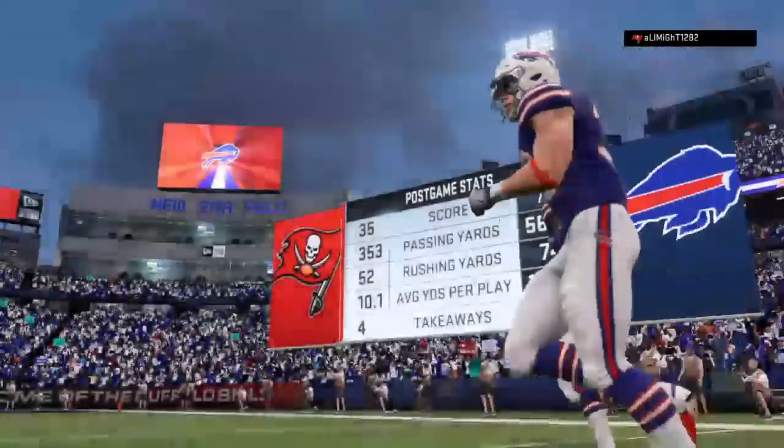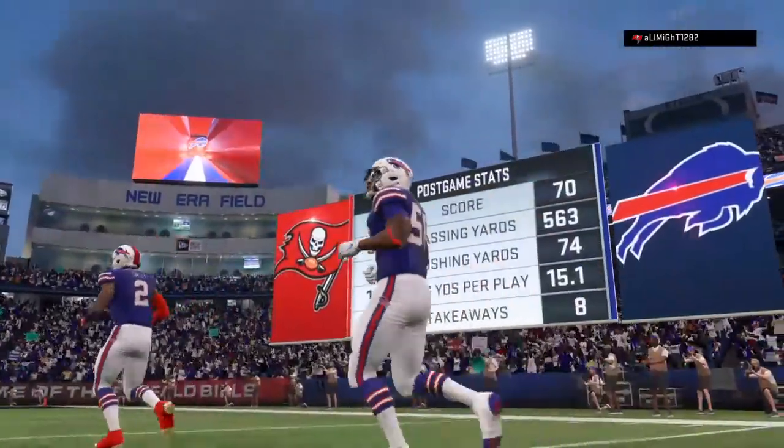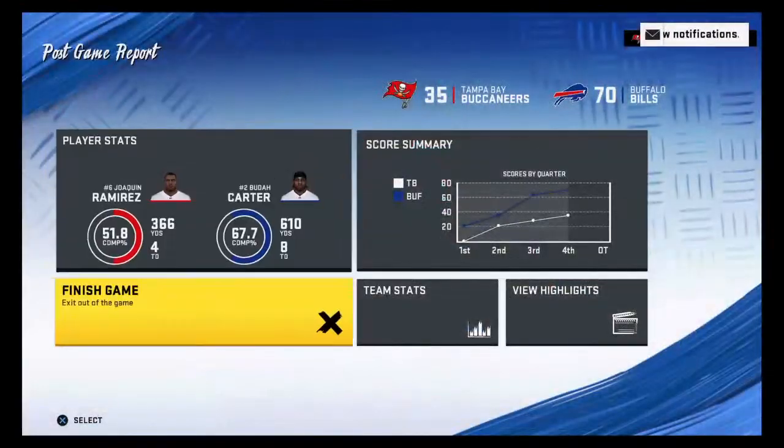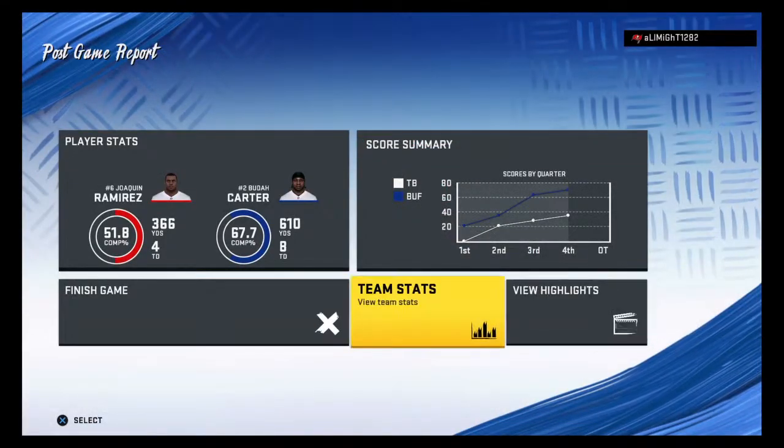So for the Bills, they used a favorable early schedule to their advantage as they move to 2-0. And they will hit the road next week to take on the Carolina Panthers. Meanwhile, for the Bucs,